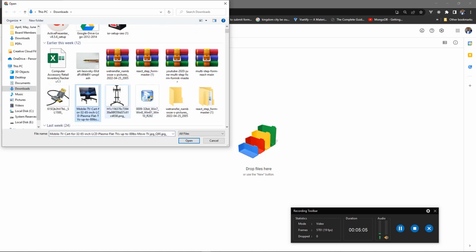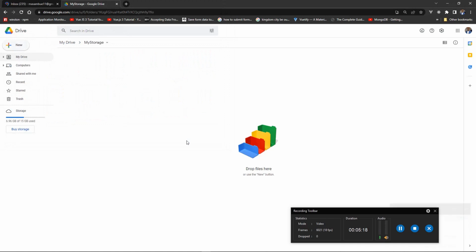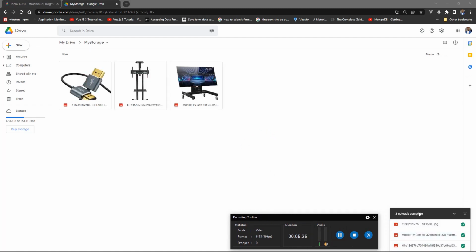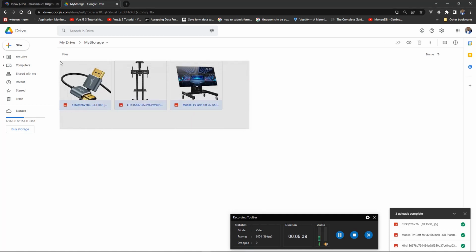Let me store this image. You can even select many images to store at once by holding down Control and clicking on each image. So let me store the 3 images. I'll click open, and you see in the bottom right corner they're uploading. And once it says 3 uploads complete, you can see them in your folder. Now you can select all of them by dragging across them and share them,